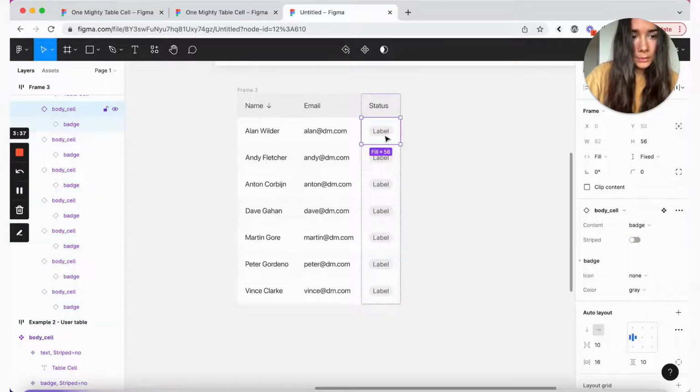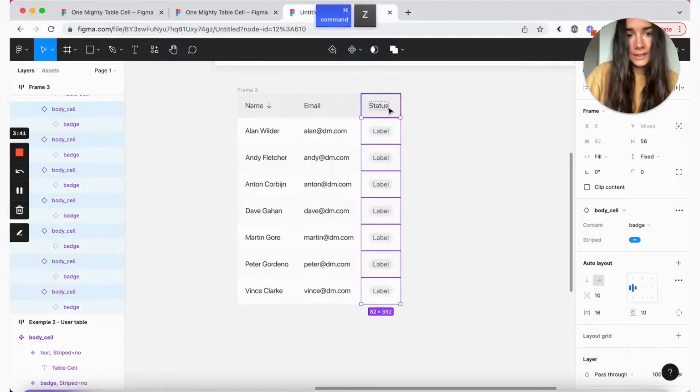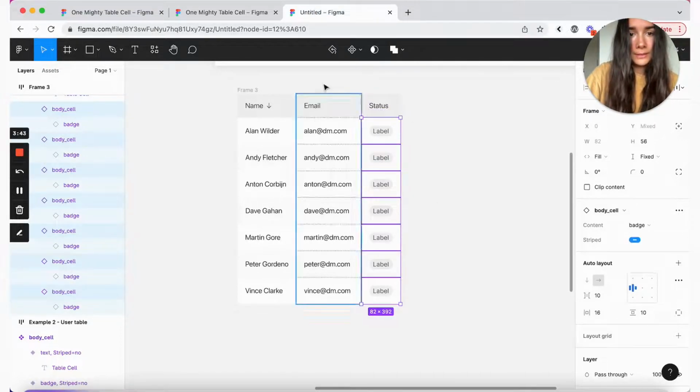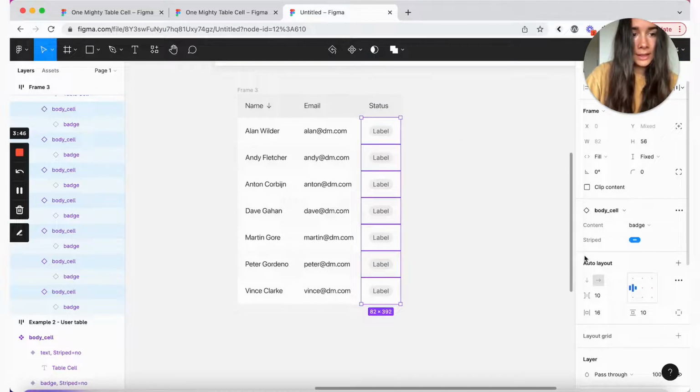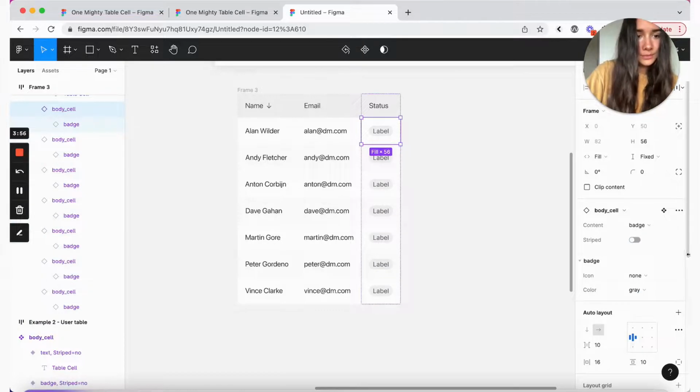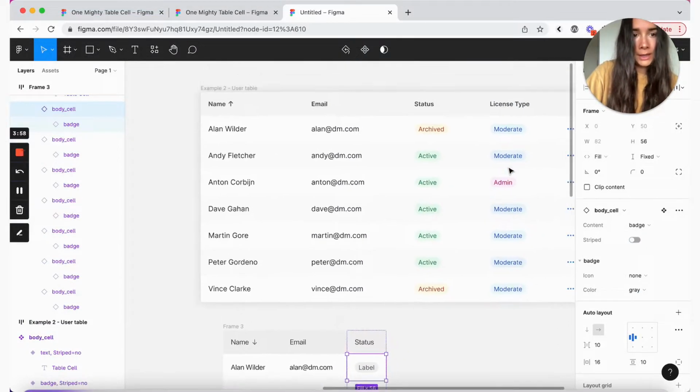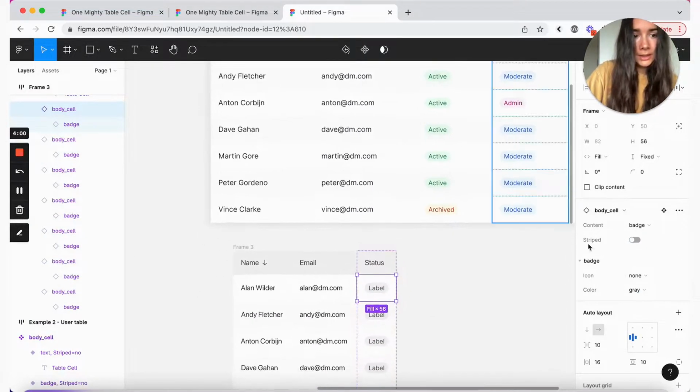And one thing that I wish you could do with nested instances is, while you have several body cells selected, I wish the nested instance properties were still visible here, but unfortunately they're not yet, so we would have to go and modify each separately.